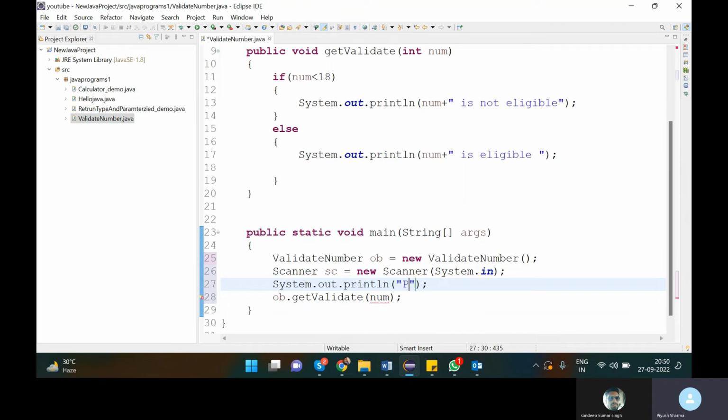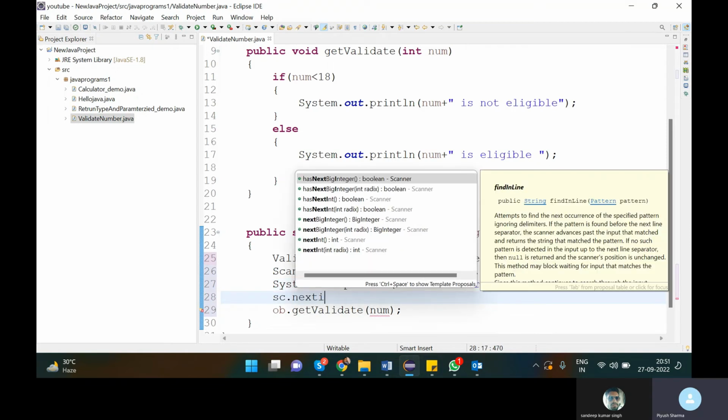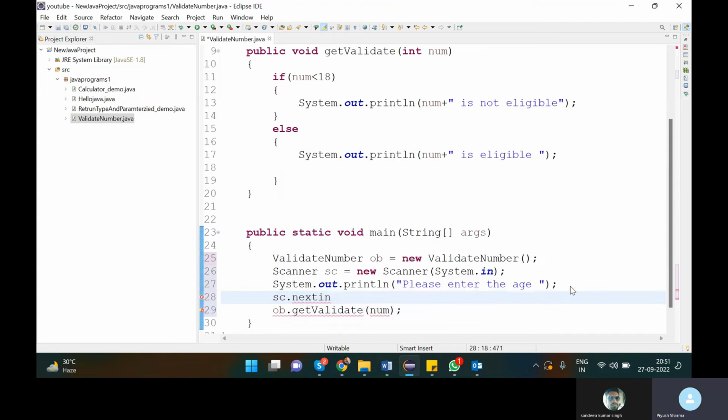Display the message, please enter the age. Then sc.nextInt, store it in number, and pass number to ob.getValidate.